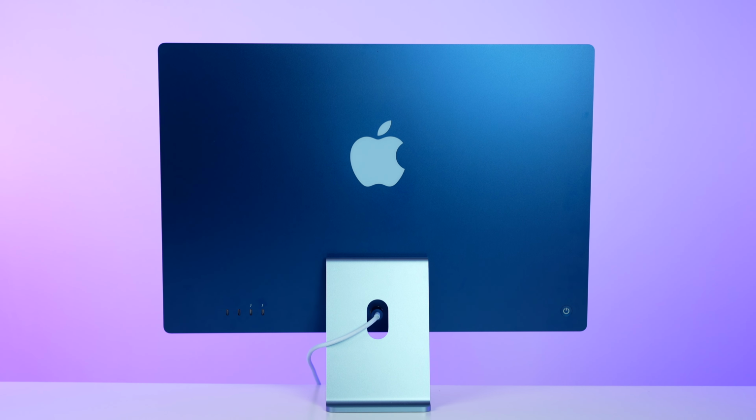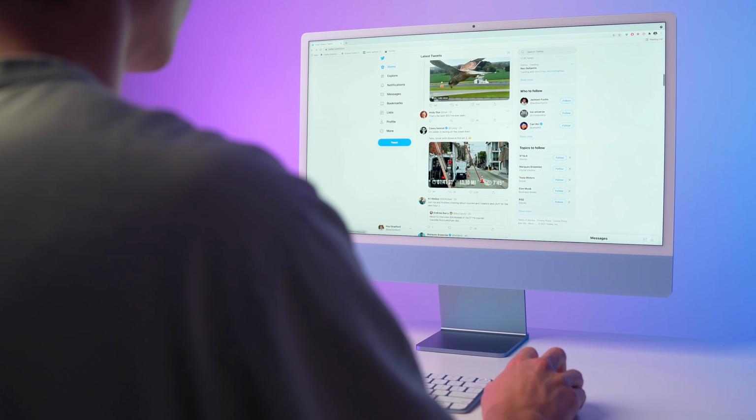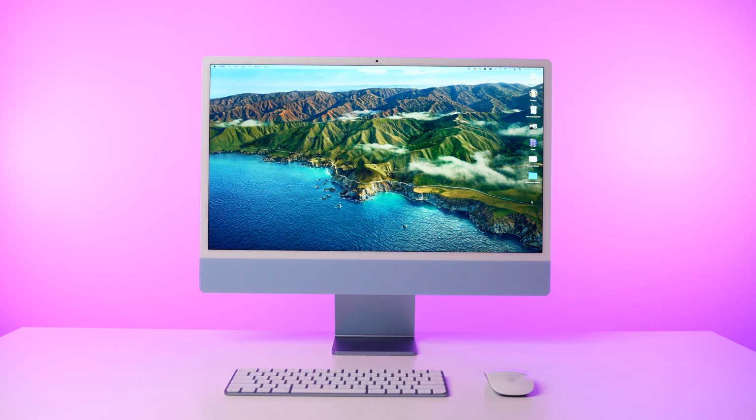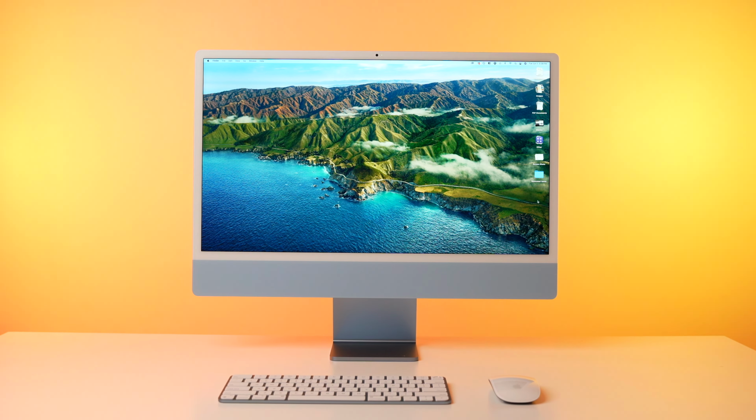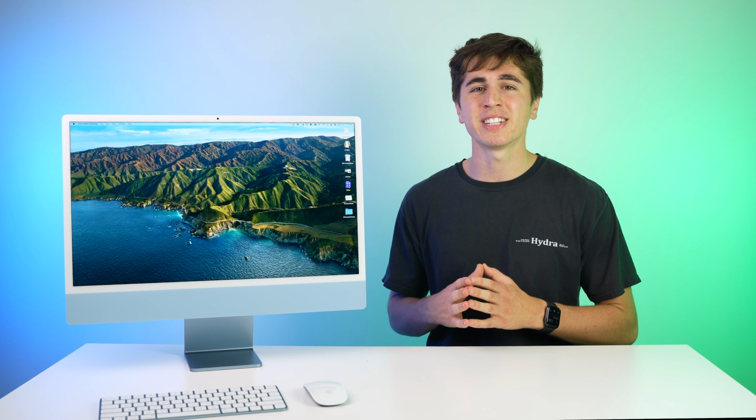I can tell you right off the bat that I do really enjoy using this computer, but there were still a number of questionable decisions that were made in terms of this iMac's design that I think you should be aware of before purchasing. But before we get into that, let's start off on a positive note and talk about